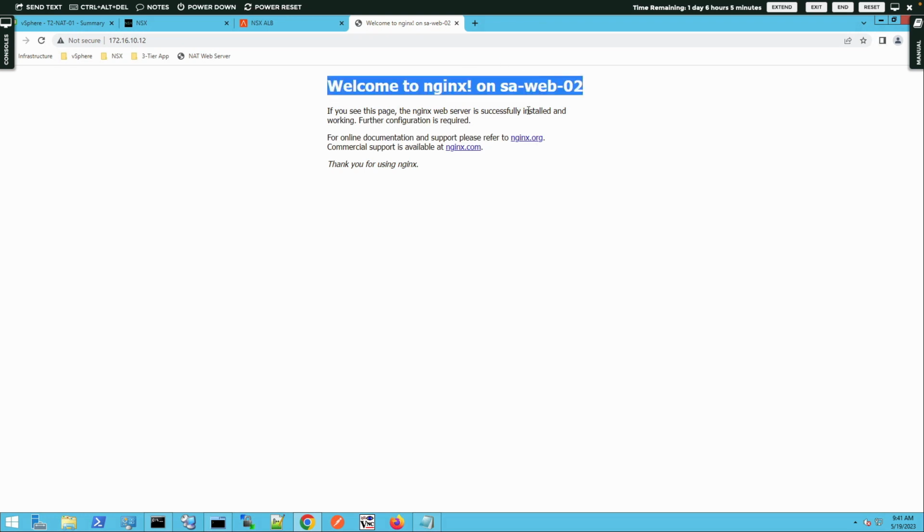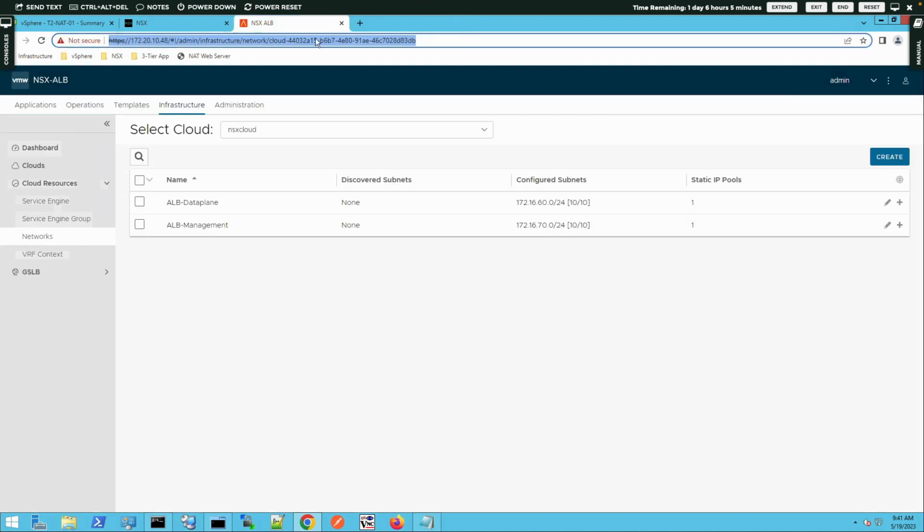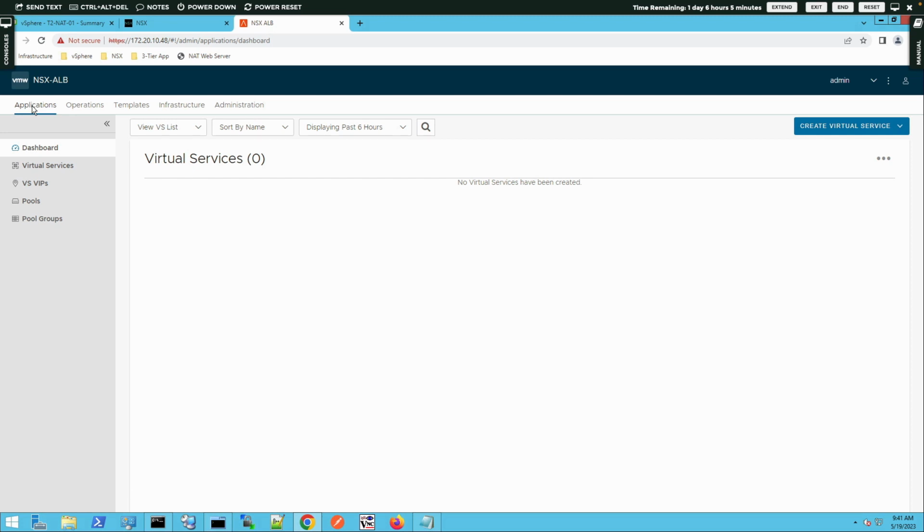There's SA Web 02. Great. That is fantastic. Right? That is fantastic. Now we want to go back to the advanced load balancer. Let's go ahead and close this tab. Come back to the advanced load balancer. Let's come into applications, because now we're going to start setting up the advanced load balancer